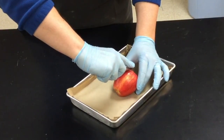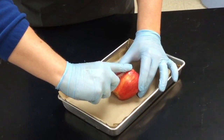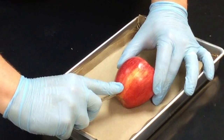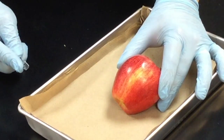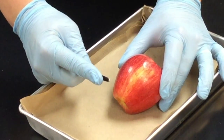So as you take your scalpel across your specimen, you just want to let it rest and let your blade do the work for you. So cut from one end to the other, always cutting away from your body. Make sure that your lab partner or your group is not standing in the direction that you are cutting your